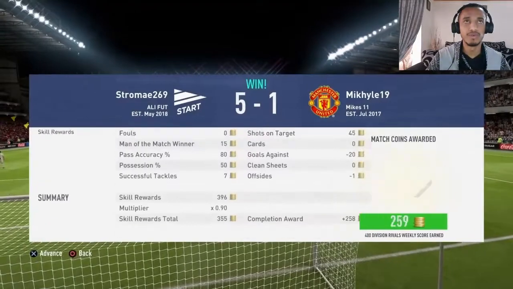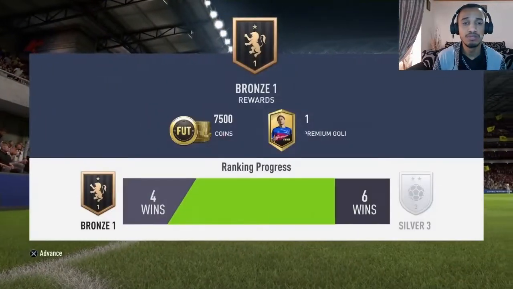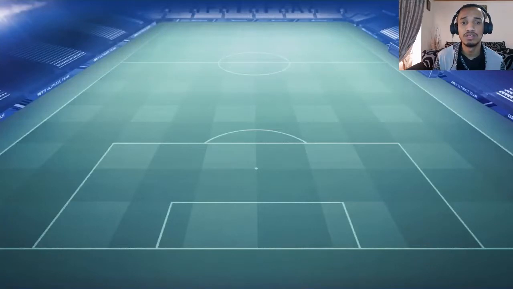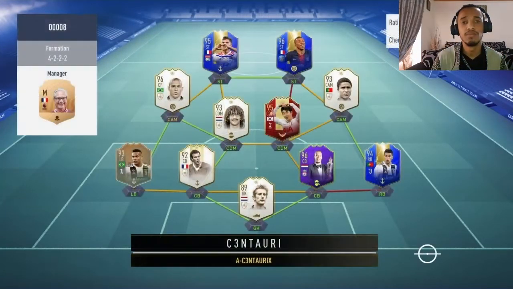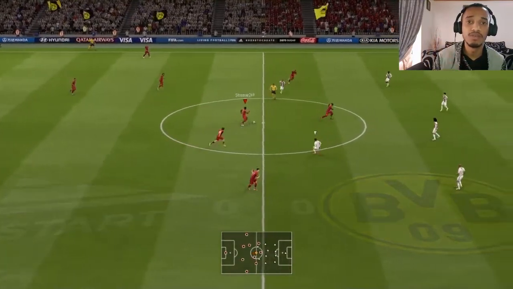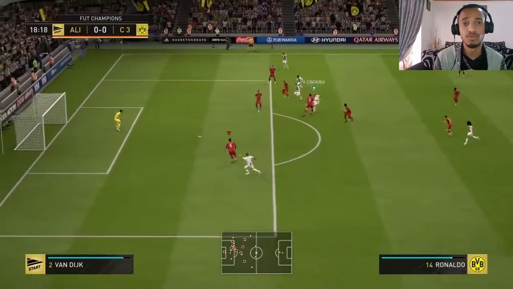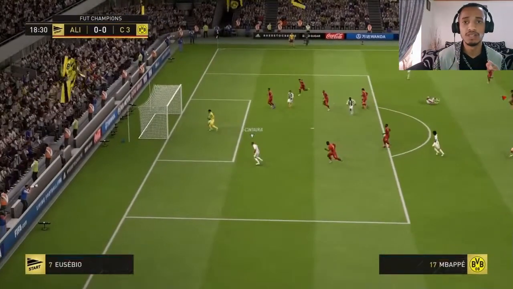We win this game 5-1, and I think this was our 6th win. So we kept playing, and we got us some good wins. And this was my 12th game against this player, where I actually conceded my first loss against him. But as you can see in this game, I started with a 4-4-2 formation, played well, created good chances, and